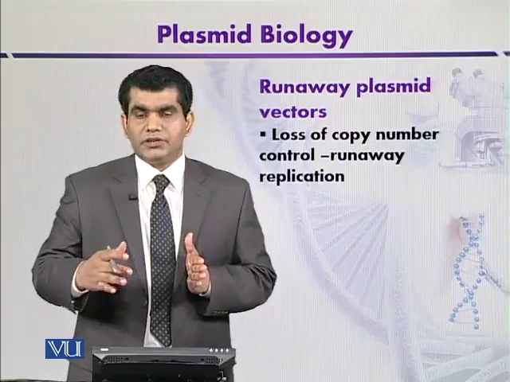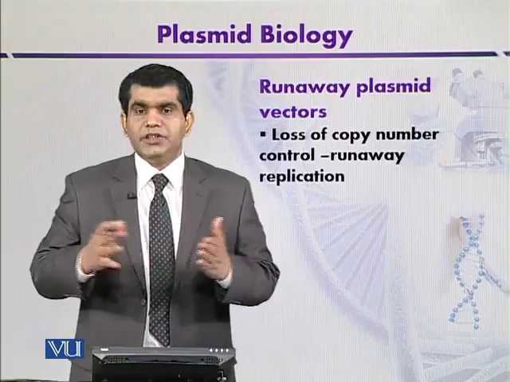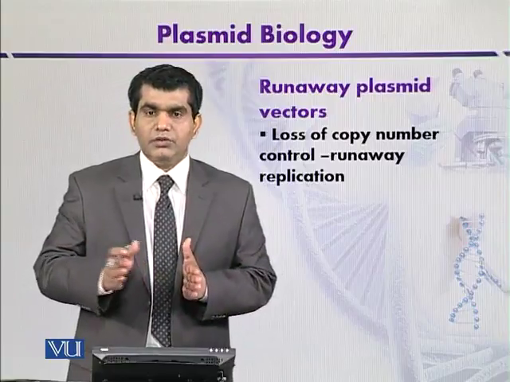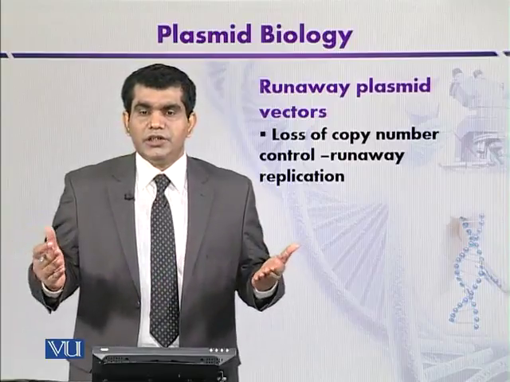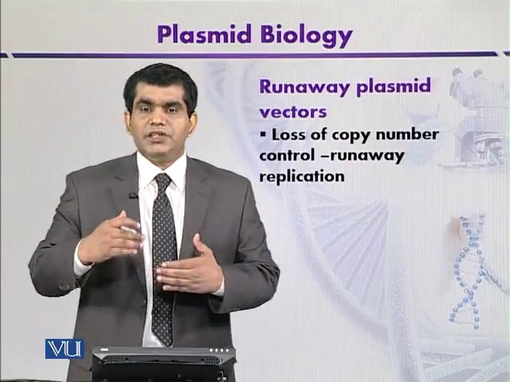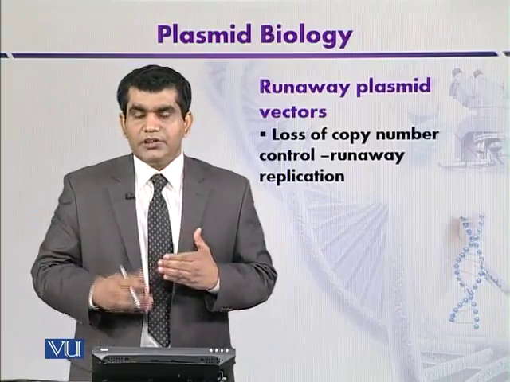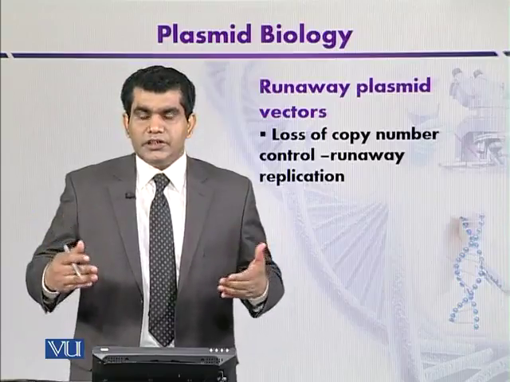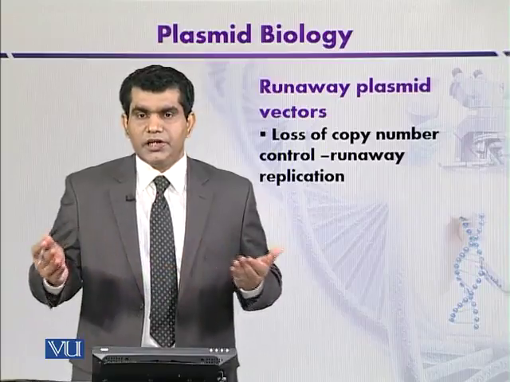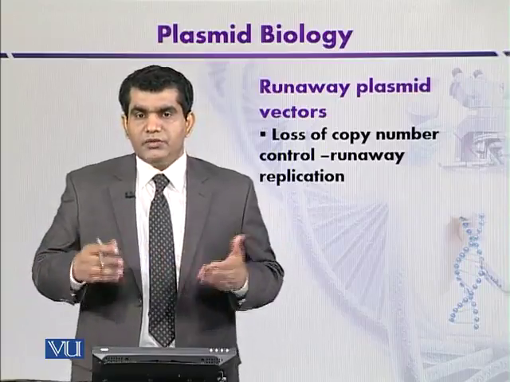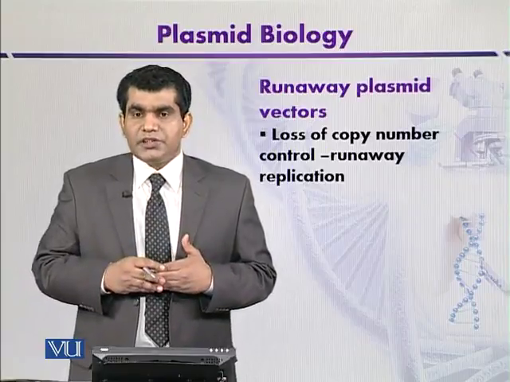So this is one strategy by which you can control the copy number by changing a physical factor: at low temperature the moderate copy number will be maintained, like around 30 degrees Celsius, and if the temperature is increased, suppose to 35 degrees Celsius, then the plasmid replication control is lost, and it is called a runaway plasmid. So finally we can say that with reference to plasmids we have discussed that